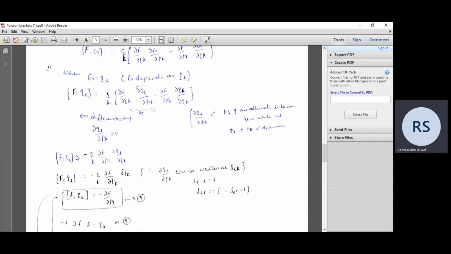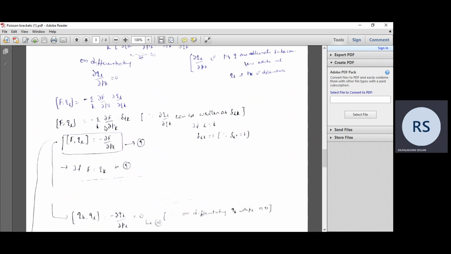So we will obtain {f, ql} equals minus sigma k ∂f/∂pk into ∂ql/∂qk, because here q does not depend on p, so this becomes 0. So {f, ql} equals minus sigma k ∂f/∂pk into ∂ql/∂qk, which we can write as delta lk. If l equals k, delta lk becomes 1. So {f, ql} equals minus ∂f/∂pl, into 1. So this is